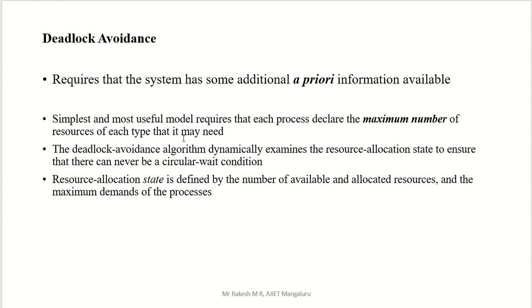So in this deadlock avoidance, one is we have to avoid the circular wait condition. Second thing is the maximum number of resources you have to prepare before you start the process. Third thing is you have to know the available and allocated resources. How many are available, how many are allocated, and how much demand there is, you have to know all these numbers before starting your process execution. That is called the deadlock avoidance method.